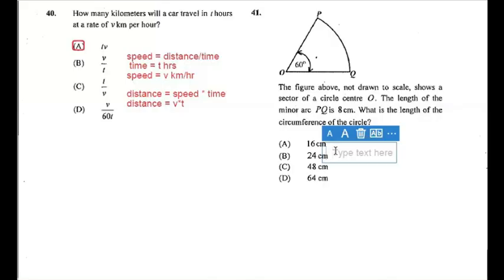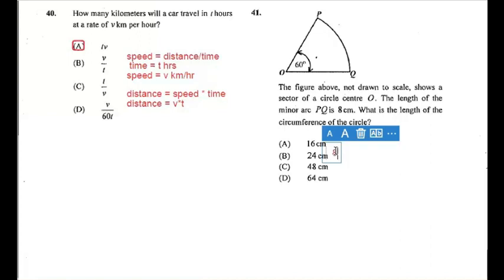So 41. The figure above, not drawn to scale, shows a sector of a circle O. The length of the minor arc PQ is 8 centimeter. What is the length of the circumference of the circle? So one, we don't need to use any formula. So don't go running to the front of the booklet wondering where's the formula for the length of a sector or anything. So all we need to do is just work the formula as we've been doing others in the